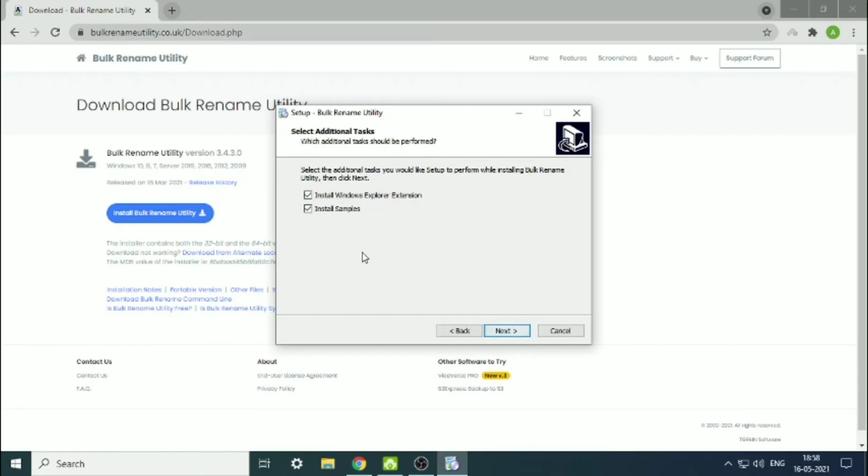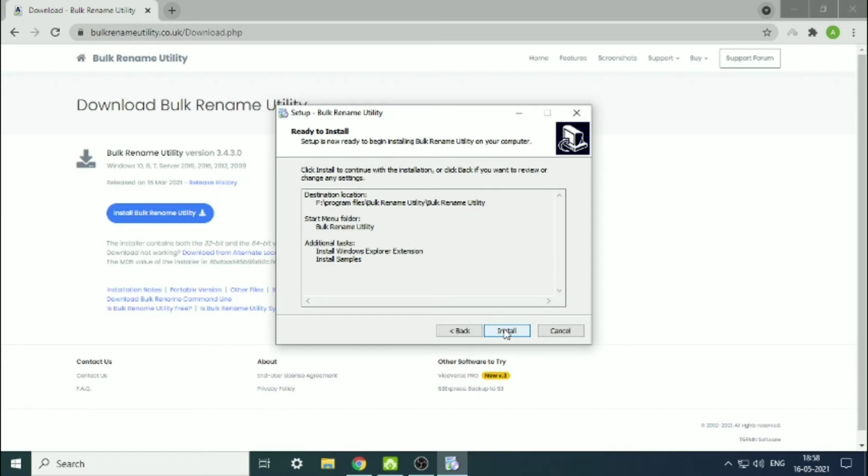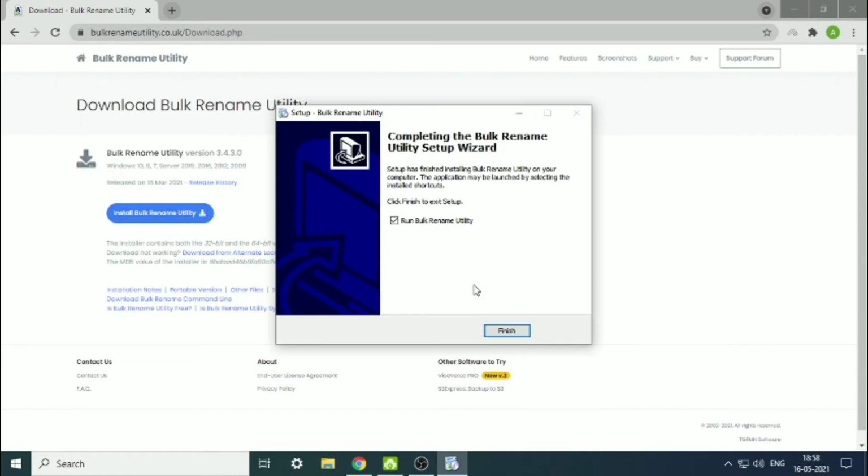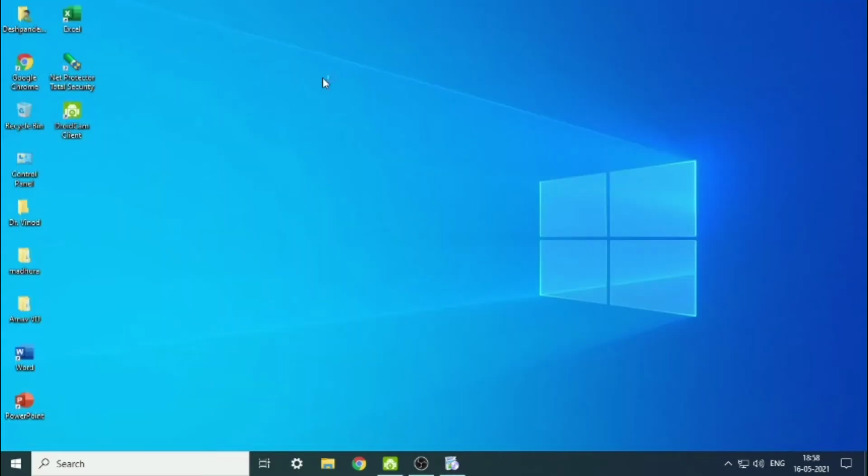I'll press next. Let us give access to all of its permissions, and extract and download this software. After this simple installation process, you will see a finish page. After this, if you want to run it directly, you can run, or else you can go through the manual process.